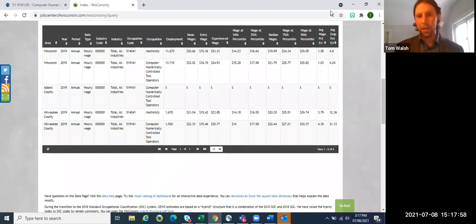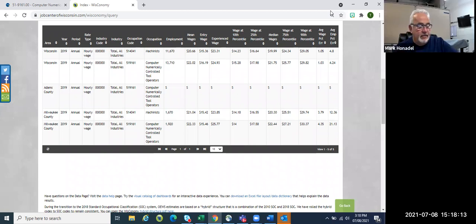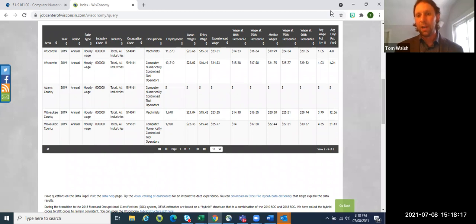Yeah, absolutely. And I will throw in the one caveat, that since the data does have to be collected, there is a lag on it. So if there is an industry change where wages go up, it's not necessarily going to get captured directly in this data source. But you can look at it and say, okay, things are going up, and maybe adjust accordingly, or think, maybe we used to be able to pay an entry level person the 10th percentile, now we have to go up to the 25th, just because things are moving. So it's still within the range, but you might have to make an adjustment that way.